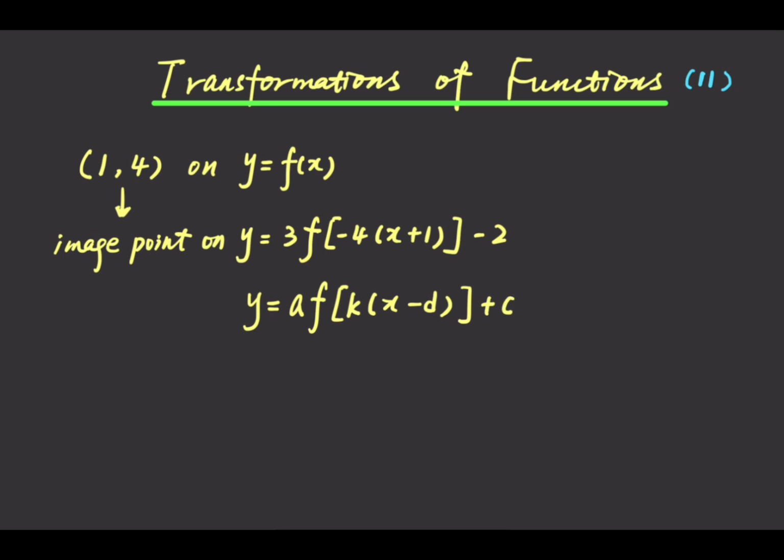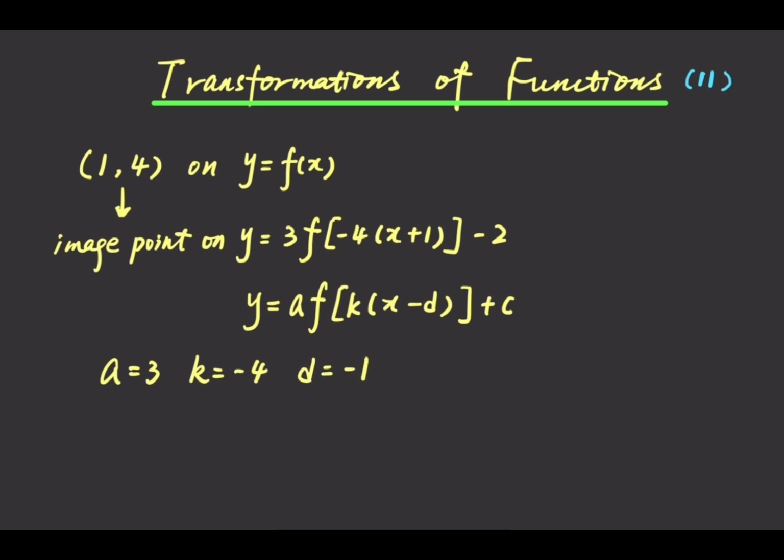You can compare the specific transformed function with the standard expression, and you can easily figure out the corresponding values of A, K, D, and C. In this question, A equals 3, K equals negative 4,